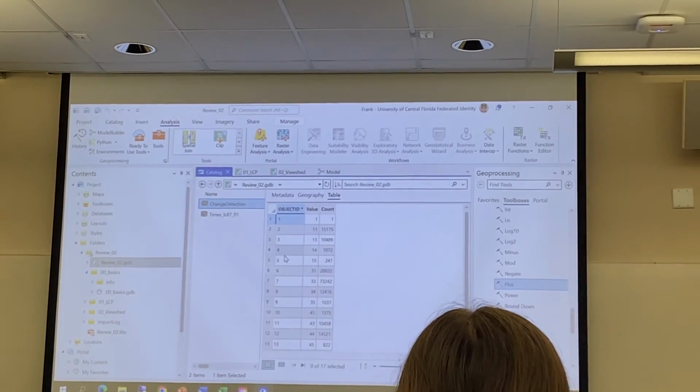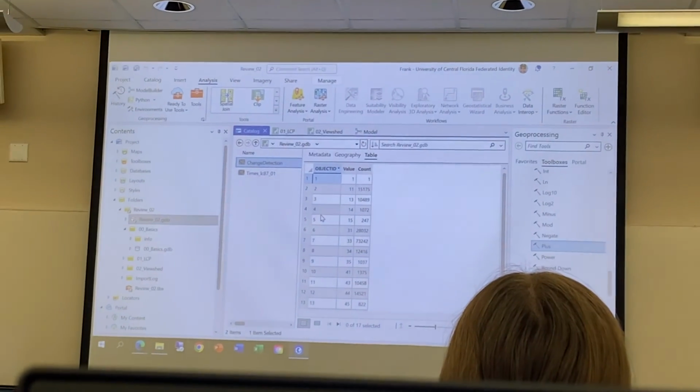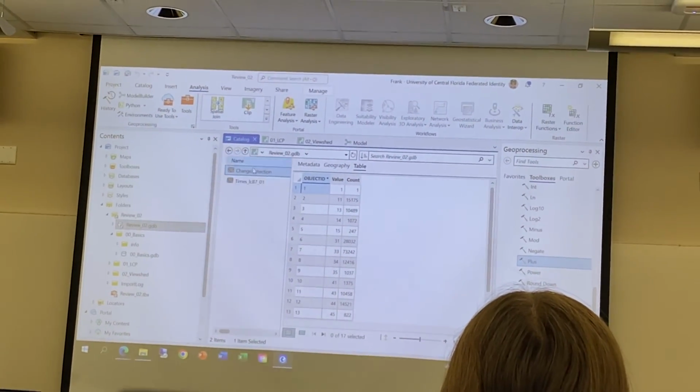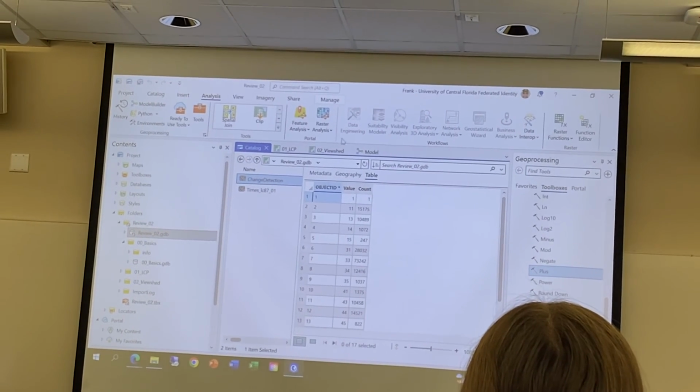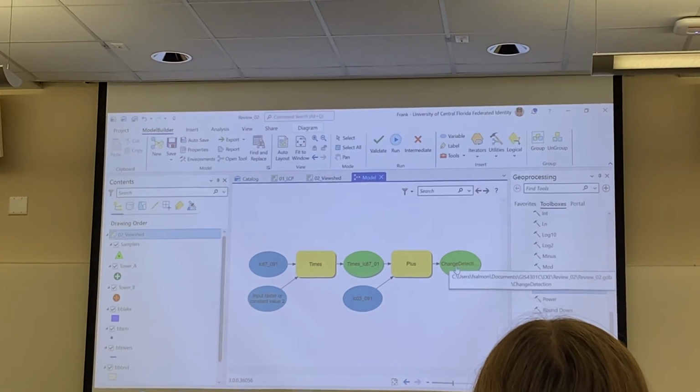How'd I get to the output under the geodatabase? You said it was under the default. The change detection output, yeah. Well, the output was developed here. Mhm. Okay? All output